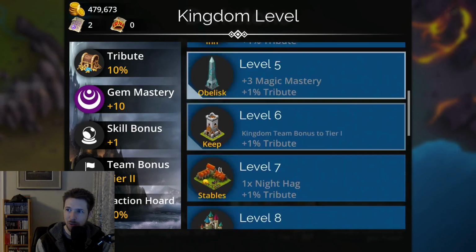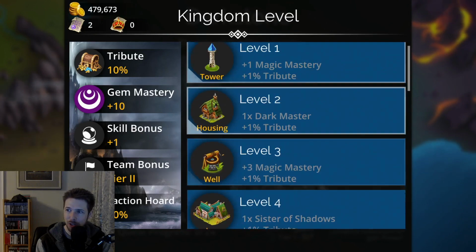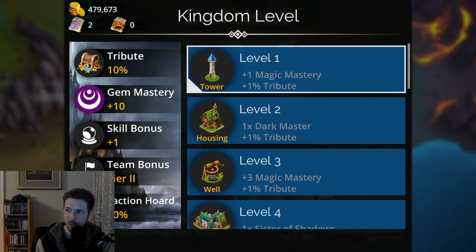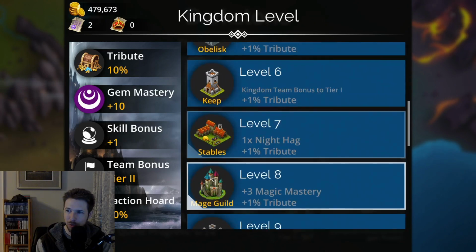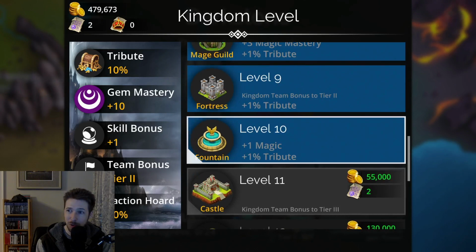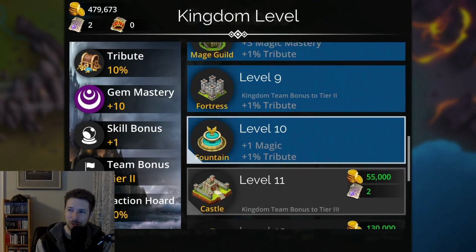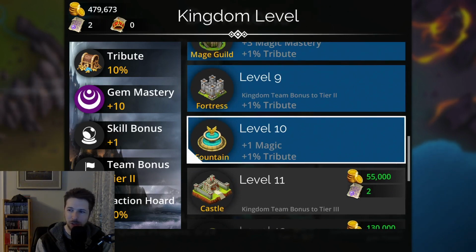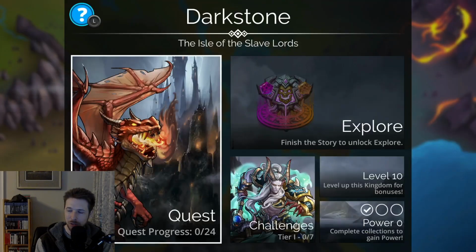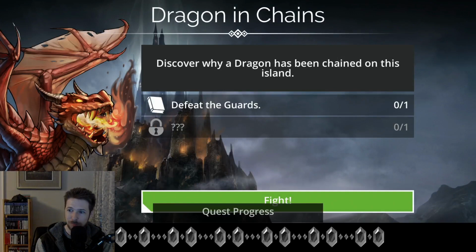As well as doing that, we're also going to be able to get a few troops that come along with this. Sister of Shadows, Dark Master. Those 2 troops are going to come along with leveling this up. Night Hag as well is in there. But the most important thing that you want is that magic bonus right there. Another number 1 to that. And you can see over on the left side now where it says skill bonus, it's 1+ magic. It's very important. So now if we go into the quest line,